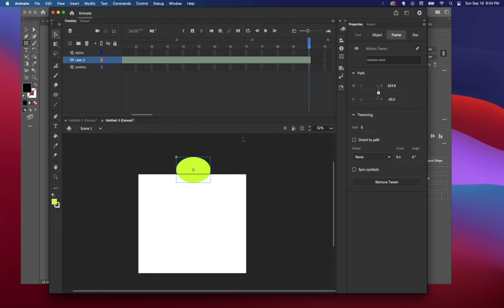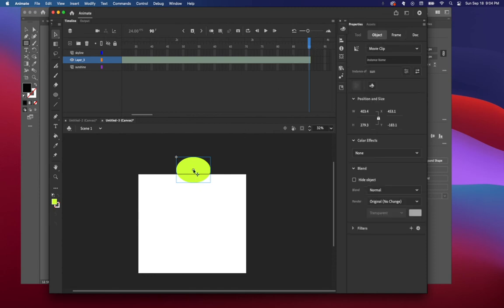And now I'm going to go and show where I want it to go. I want it to start here, and it's going to go behind like that in a path. And I can even change